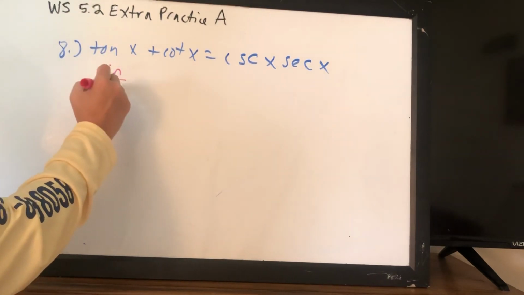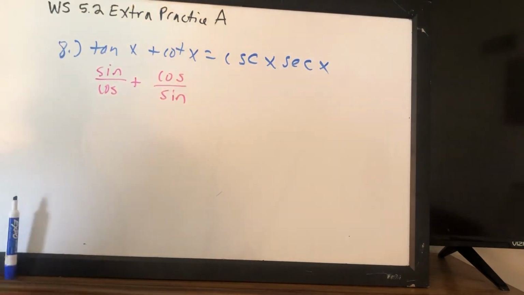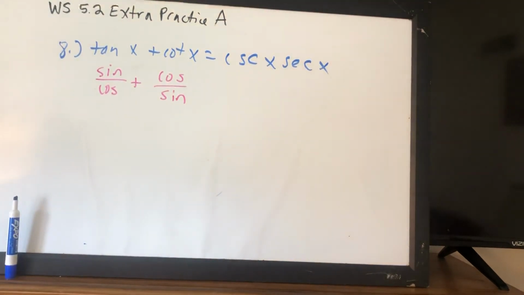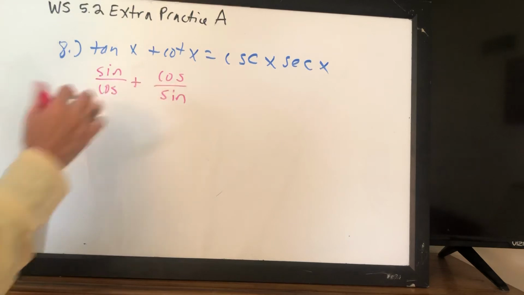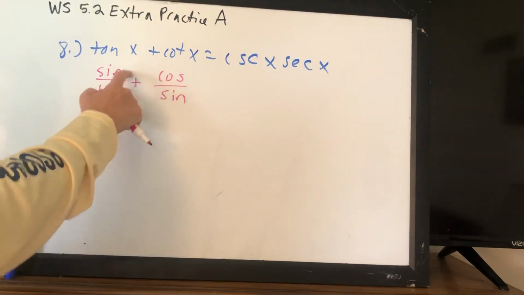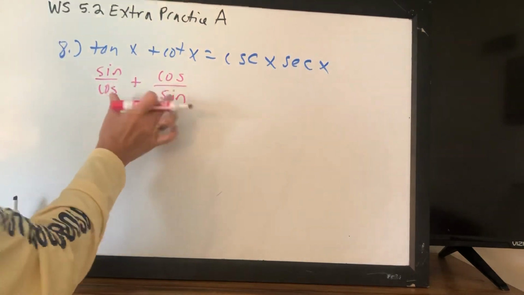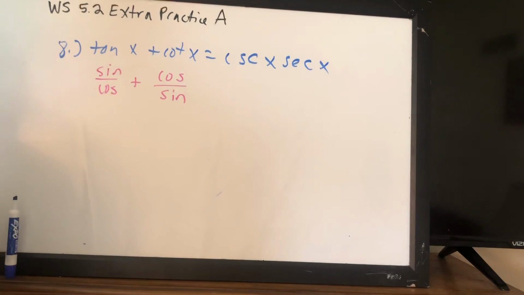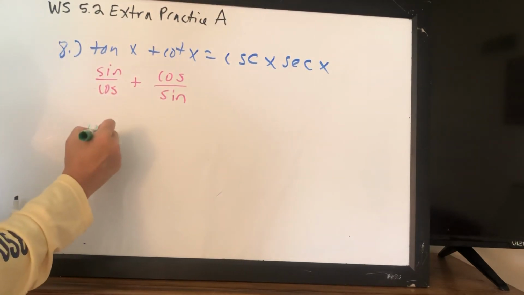This is sine over cosine plus cosine over sine. Okay? You cannot cancel those out. That wouldn't even give us the other side anyway. But some of you will be like, oh, sines cancel cosines. Okay, why can't they? Good. Somebody out there said because it's a plus. So in order to plus these, smush them together, we need common denominator. I'm going to make my common denominator, the two of them together, cosine sine,